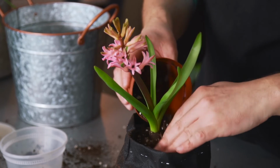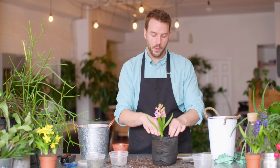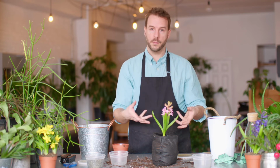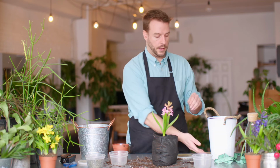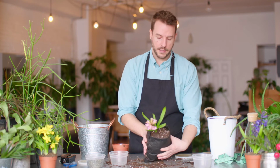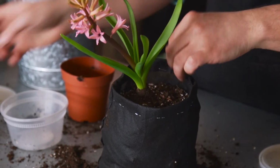So I always put a little bit more, because once this gets its first watering, it will actually settle down a fair bit. And when we do these plant pots, I know that they're self-watering from the bottom, but we do give it a first good watering from the top in order to hydrate the soil mix, settle down those air bubbles, and get the system started, and then we'll fill up the reservoir. So you can see I've given myself a good amount of space on the top here to apply my organic